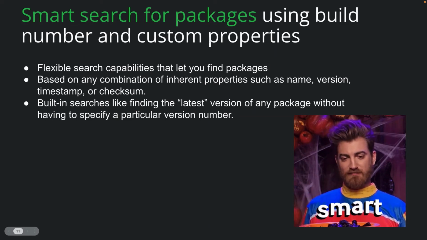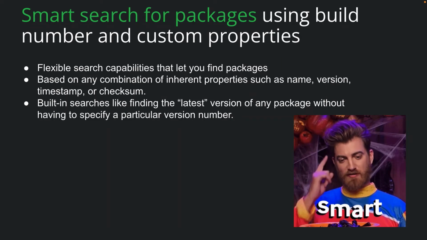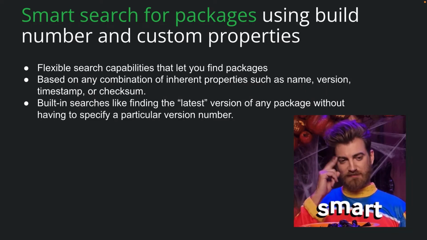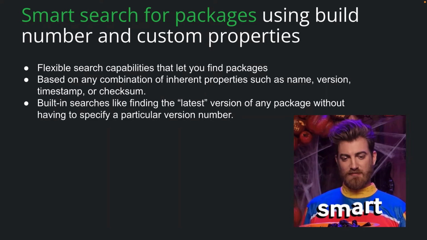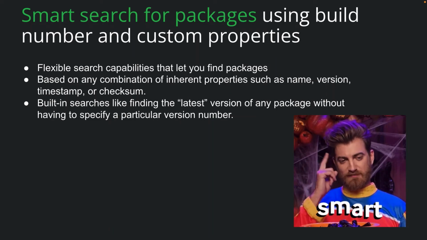Last but not least is the smart search for packages using build number and custom properties. Artifactory provides you flexible search capabilities that let you find packages based on a combination of properties such as name, version, timestamp, checksum, and much more. Artifactory also provides some common built-in searches. For example, you can ask Artifactory for the latest version of any package without specifying a particular version number. Artifactory knows how to compare all the different versions of the package in any of the repositories